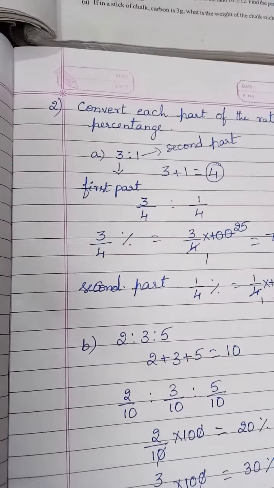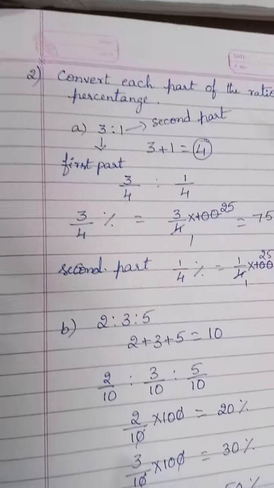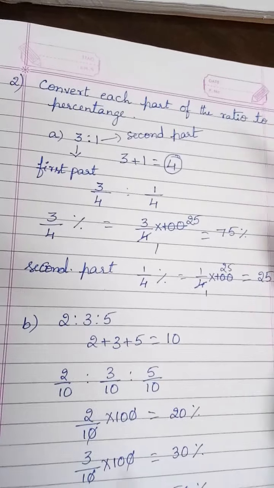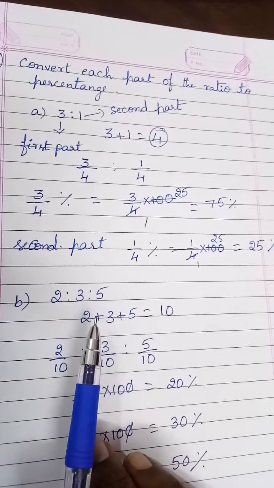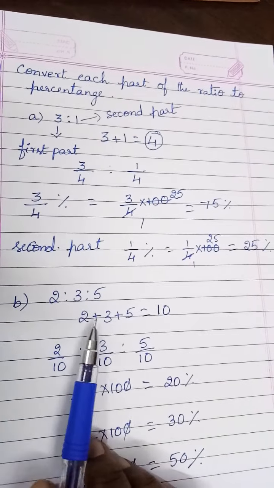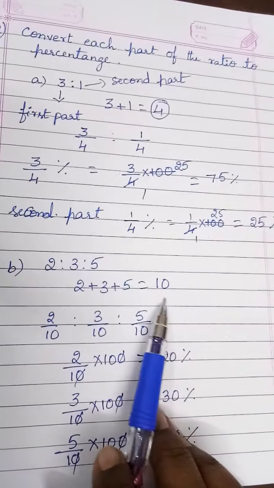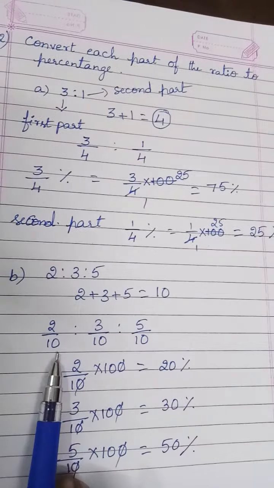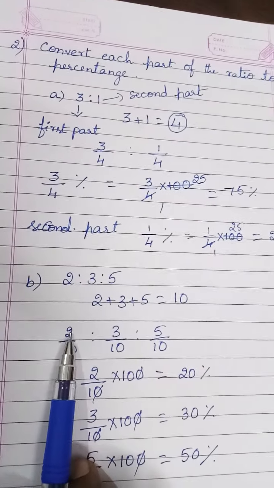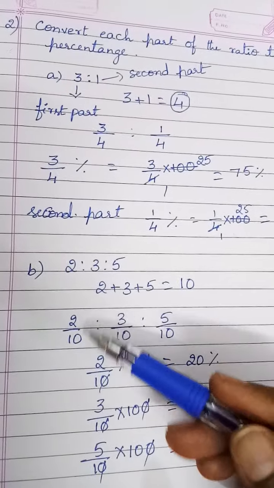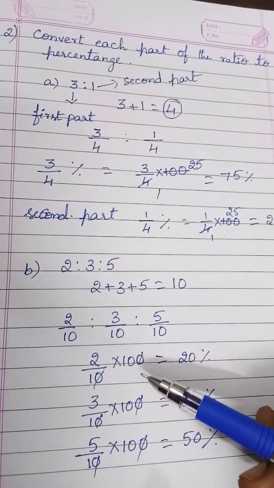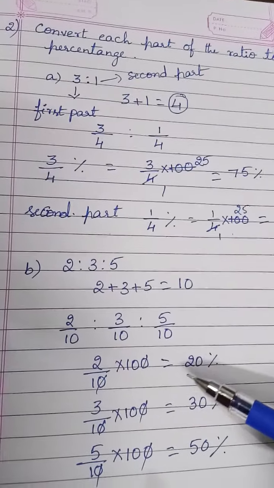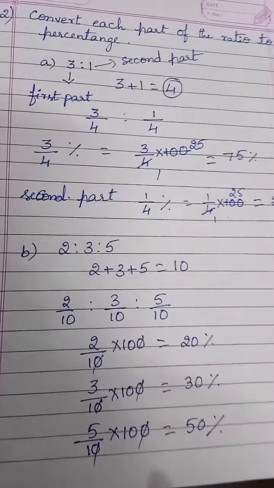Clear? So now you understood how to convert the ratio to percentage. First find out the total of that. 3 parts or 2 parts, whatever the given ratios, you just add the total, and the total should be in the denominator. The selected part you should write in the numerator, and then 2/10 percent means into 100. Percent means 100, so multiply with that. So by doing the cancellations you will get the percentages.